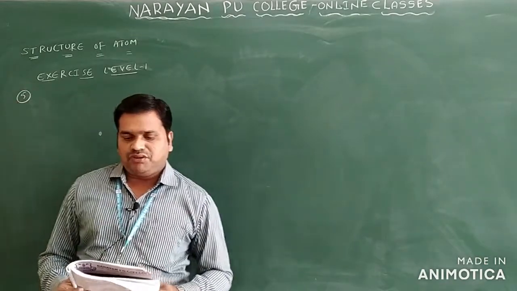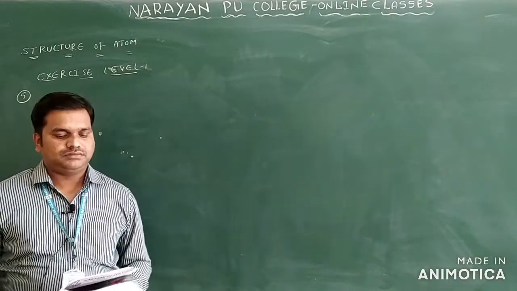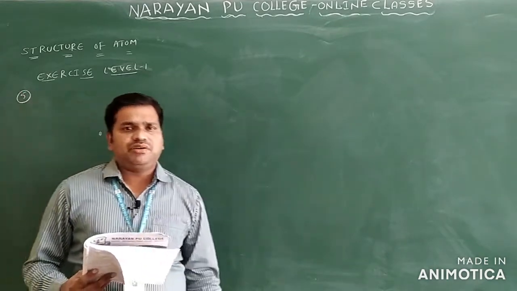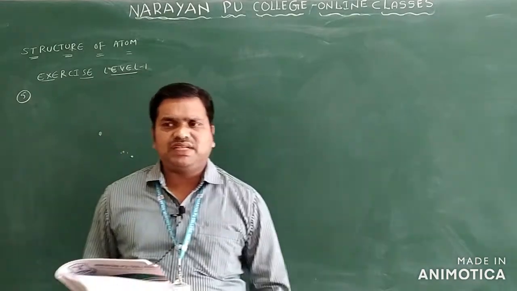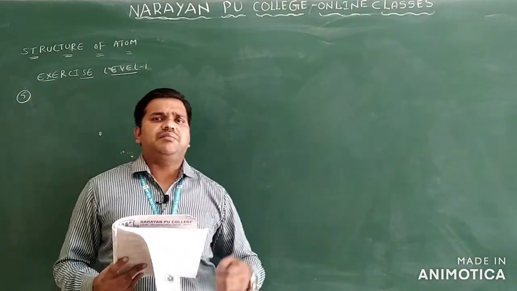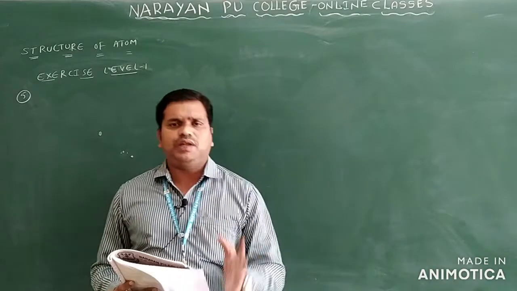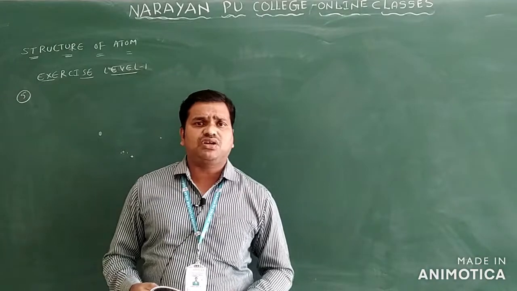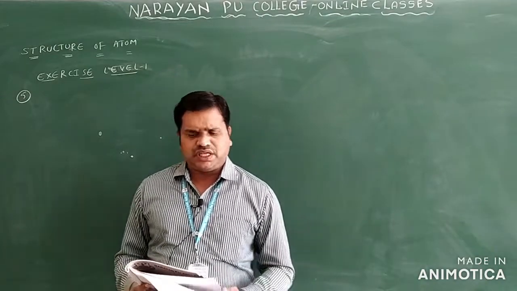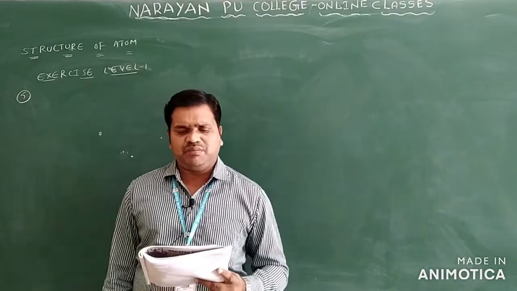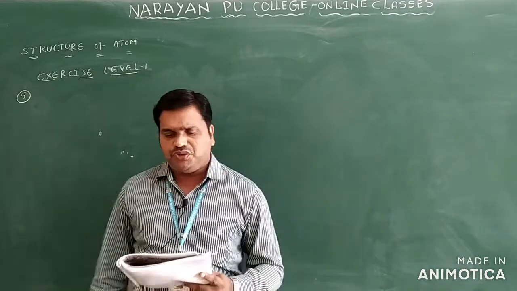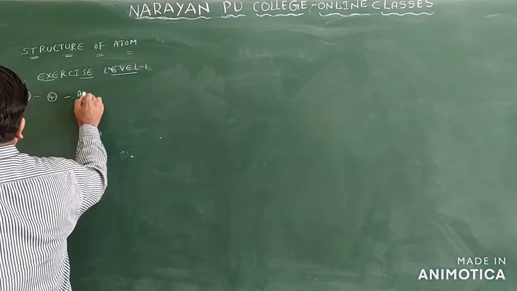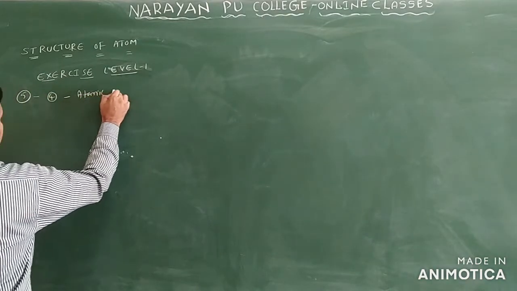See, question number 5 we have: which of the following is always a whole number? Atomic weight, atomic radii, equivalent weight and atomic number. Atomic weight sometimes has fraction values, so it is not a whole number. Atomic radii is also not a whole number, it is in the form of fractions. Equivalent weight mainly depends on the n factor, so it is also not a whole number. So atomic number is a whole number only. You will take option 4 for this question. That is atomic number.